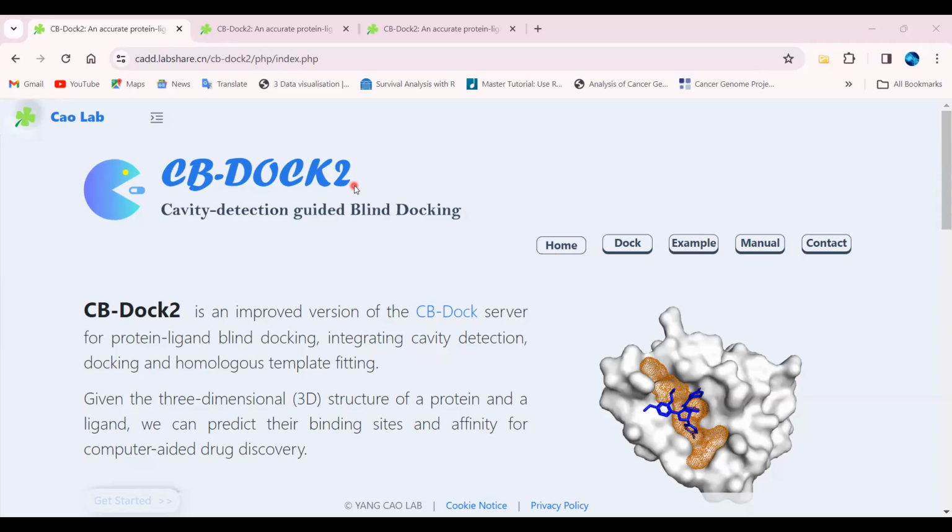Today in this video, we will have a tutorial on one of the applications of today's era for drug discovery. Whenever you are planning to move ahead with your research for the drug discovery process using computational approaches such as bioinformatics, you definitely have to know a proper process to identify a potential drug target, right?